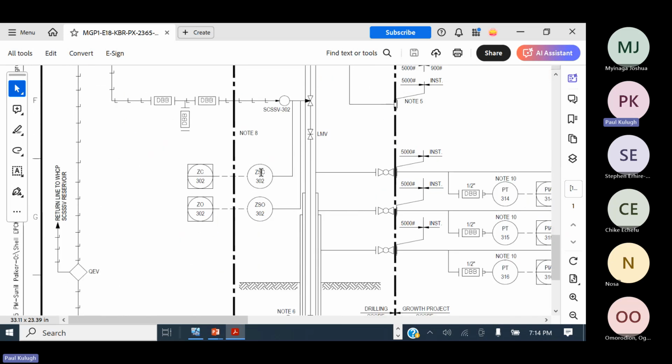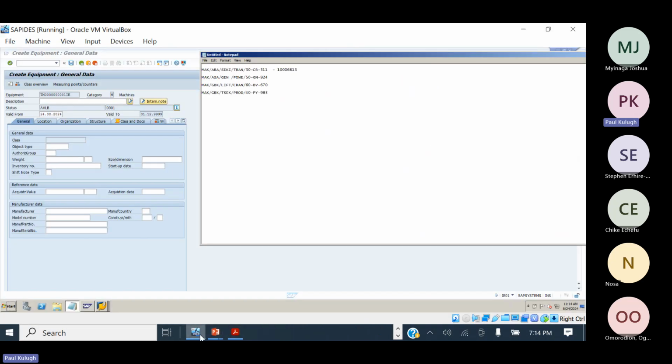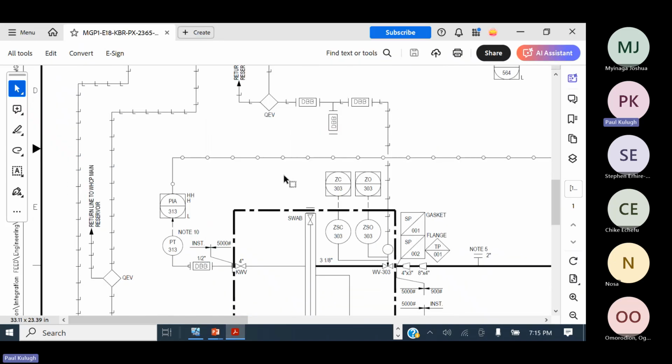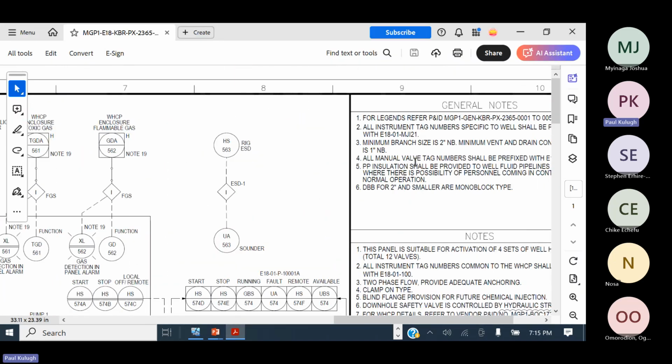So each location has a tag. Like this is ZSC 303, 302, ZSO 302. That's what you see at this level. This part of it, you see? 30 CR 511, 50 GN. Now that's the tag. So there's a comment on this P&ID that says